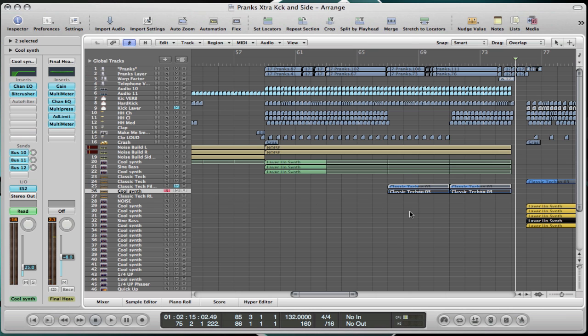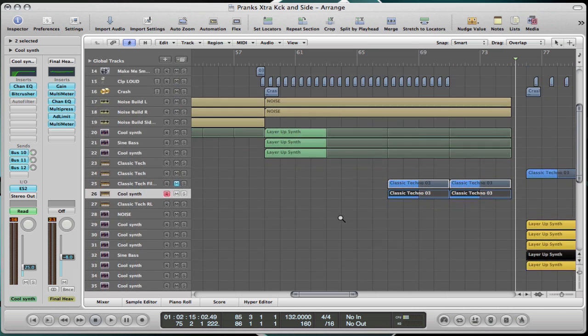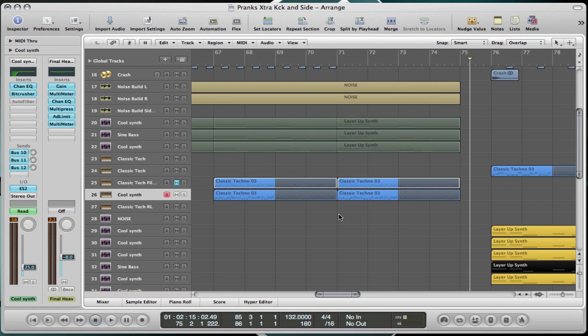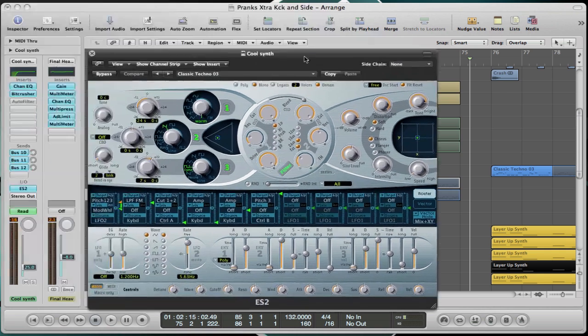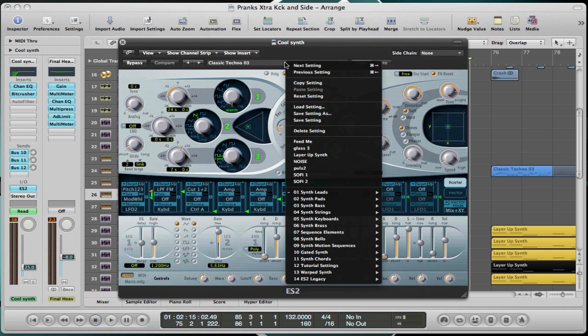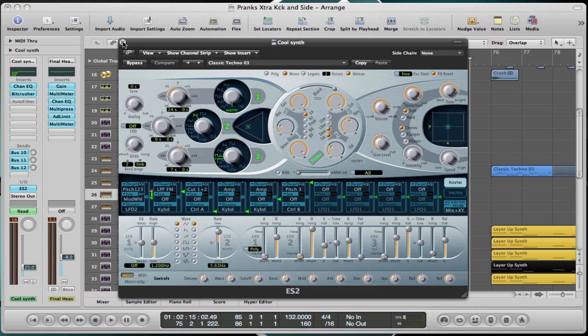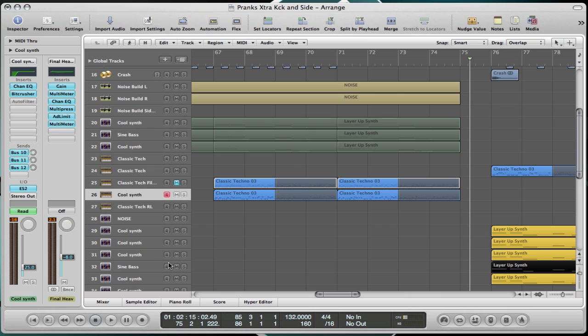Alright, so that's the build. And as you can hear, I have a classic techno synth riff going, and let me just show you what I did with the auto filter. If you're wondering, the classic techno synth is an ES2 preset. So you open up the ES2 and it's under synth leads, classic techno 3, and this is a pretty loud synth, so I have to keep it kind of quiet, but I'll turn the volume up a tiny bit so you can hear what the